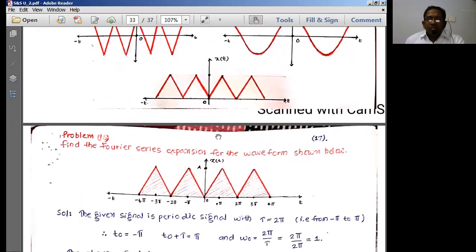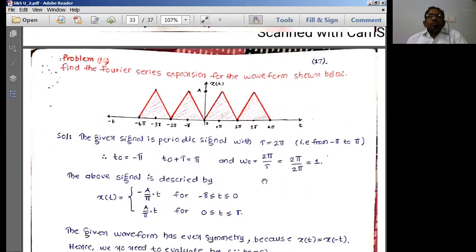Similarly, I am going to have one more variety here. See here, this is the zero line. After zero, I am going to have a triangle. Before zero also, I am going to have a triangle, and it is simply getting repeated. Therefore, I can call it a periodic signal. A periodic signal is normally going to get its cycles repeated continuously over the infinite time duration. That means if the same signal or the same spectrum is getting repeated continuously, then that type of signal is known as a periodic signal. So very important.